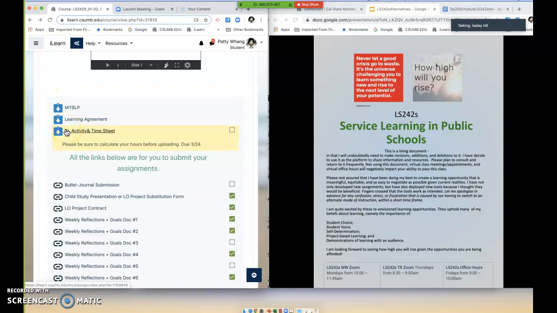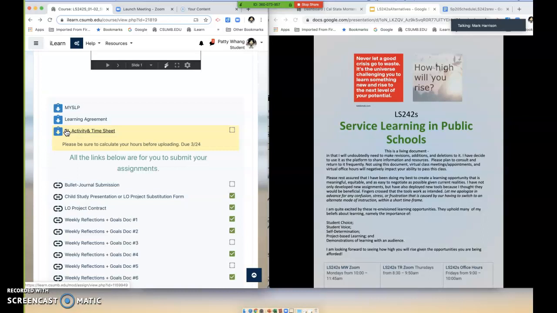Do you have a list of who has and hasn't turned in the learning agreement? Because I honestly can't remember if I turned mine in or not. Okay, so the way that you will know is if you turned it in a while ago, I have gone through and graded that. If you turned in a hard copy, look at your grade. If it's a 0, that means I did not get a hard copy. I haven't had a chance to go through and grade the ones that have been submitted, but I'll do that soon. But yes, I have graded all the hard copies that I received.